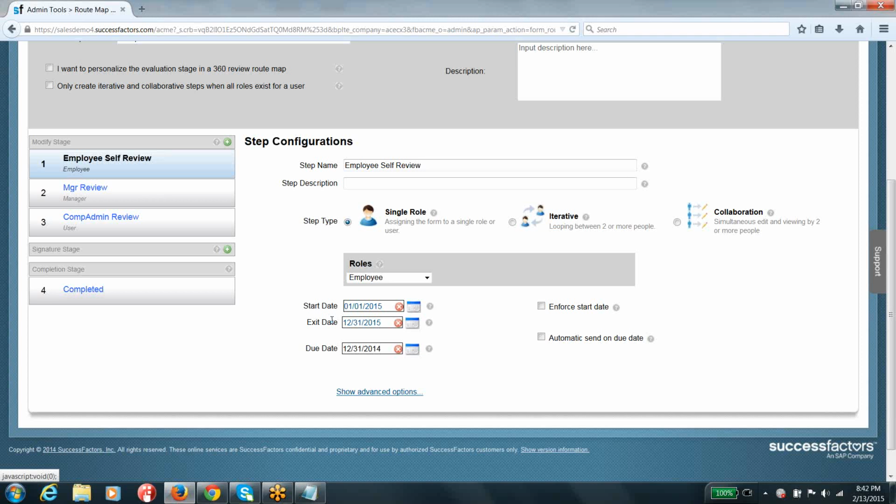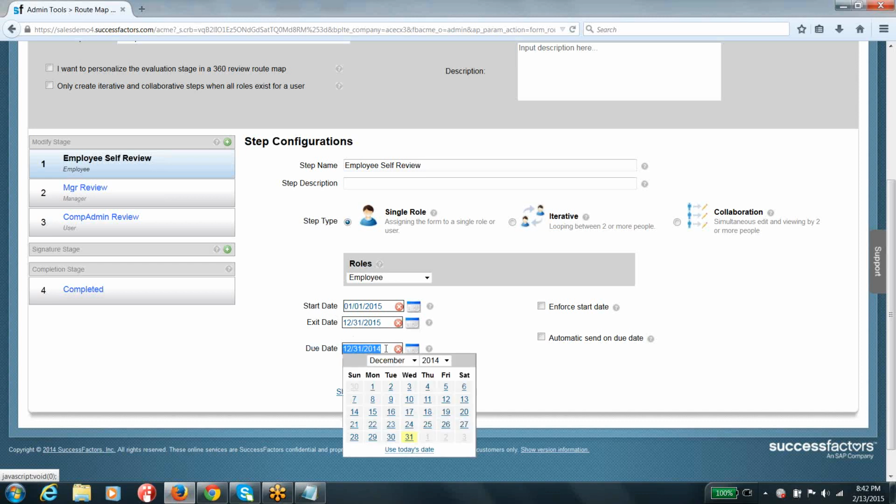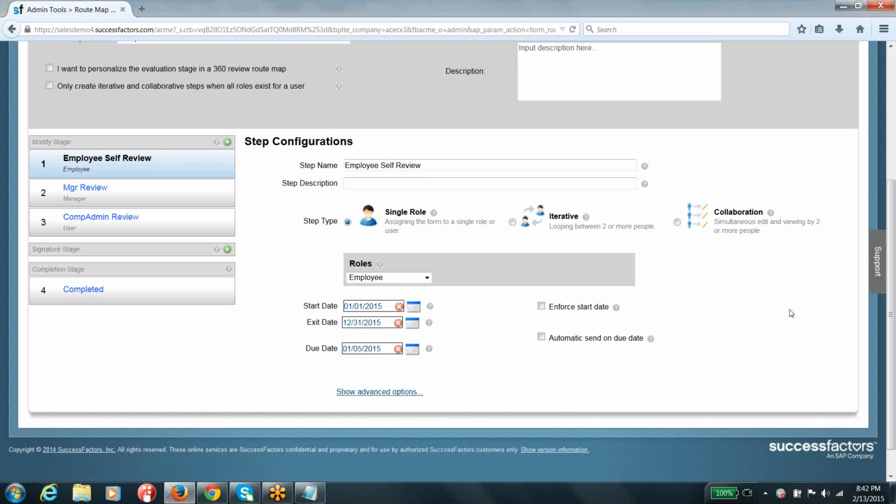So in order to address that, you have a due date option, guys. You can configure your due date, say if the due date is Jan 5th of 2015. So it is like this. Say you cross your exit date, and I am the person who forgot to submit my performance evaluation, and the due date came here, right?